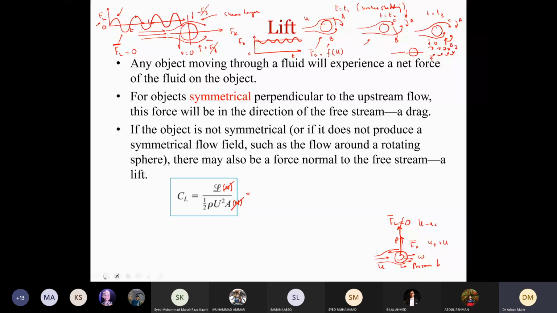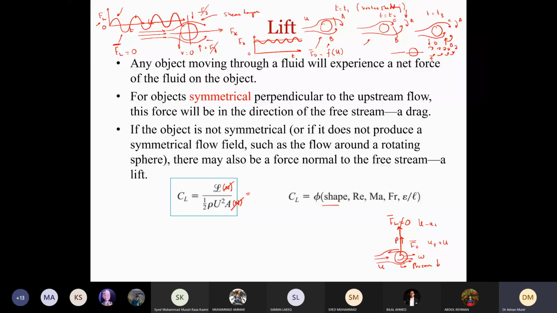Now again, as we saw earlier for the drag force, the lift force is also a function of shape. As we saw in this case, when we are rotating the cylinder, the body is becoming non-symmetrical, and that means the shape of the body actually has changed. When it is a circular cylinder, the body is symmetrical; when we rotate it, the flow will not remain symmetrical. It is as if we are changing the shape of the body, right? So CL depends on the shape of the body also.